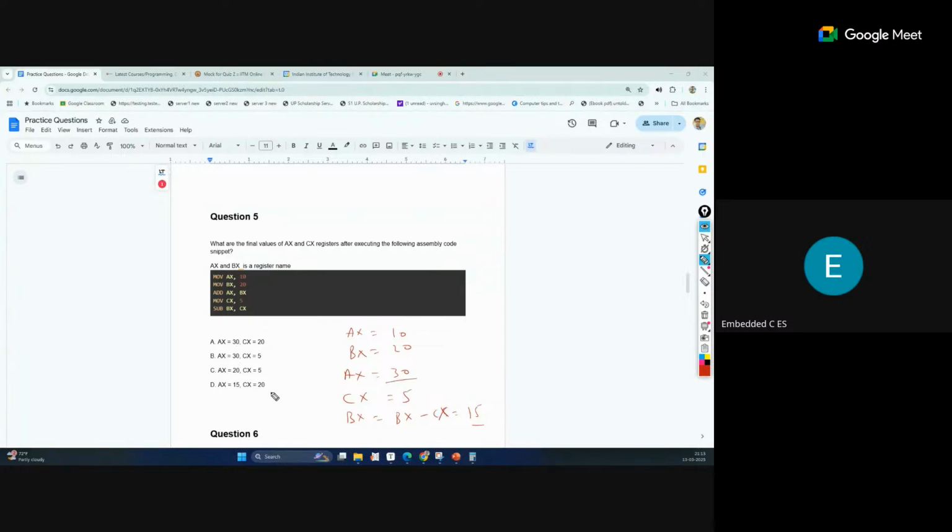But we don't have this answer. Ax 10, Bx 20, Ax add, this is the operation, 30. Cx is 5, subtract Bx and Cx. So Bx minus Cx, Bx is 20 and Cx is 5. I'm not sure. No answer is matched. Answer B is actually matched.